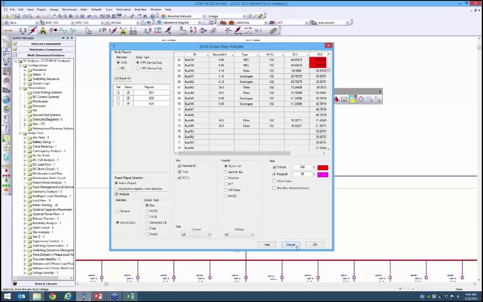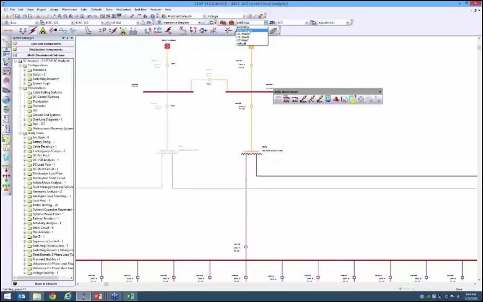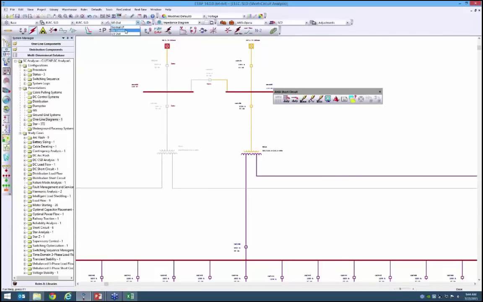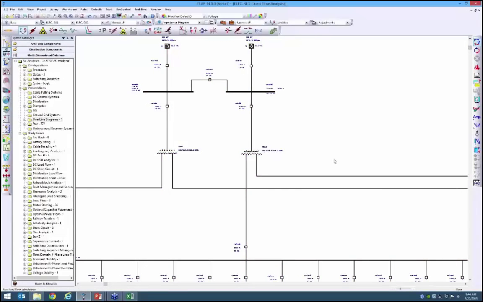And actually we can do that very quickly. I have a case here which is ANSI operating, and inside this case I'm using pre-fault voltage, which is instead of fixed, it's actually using the magnitude from load flow. If I was to switch this to normal load flow configuration, run my load flow analysis, once the load flow completes in the system,